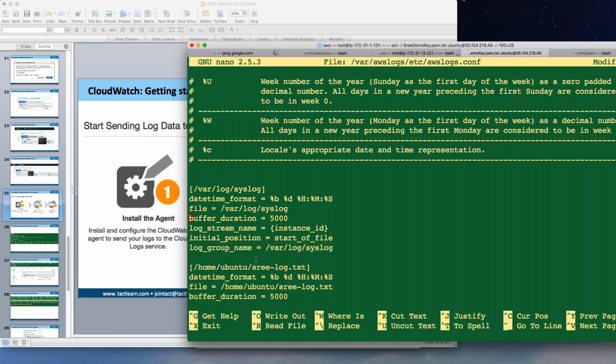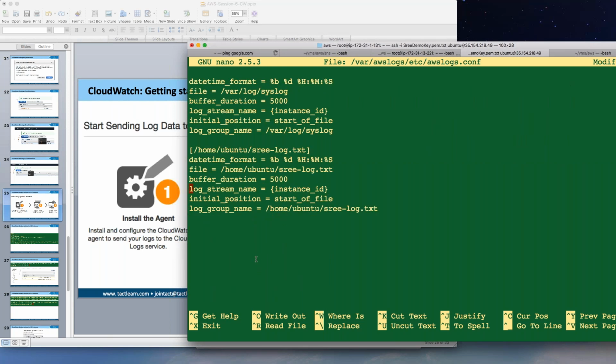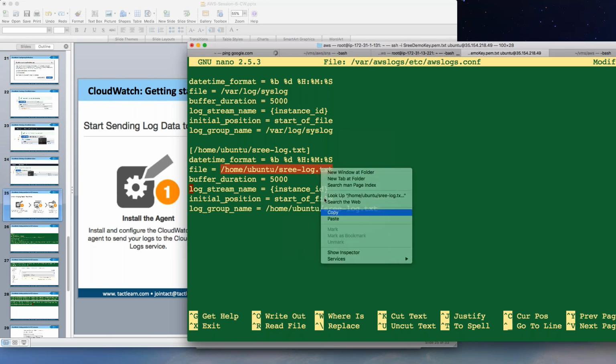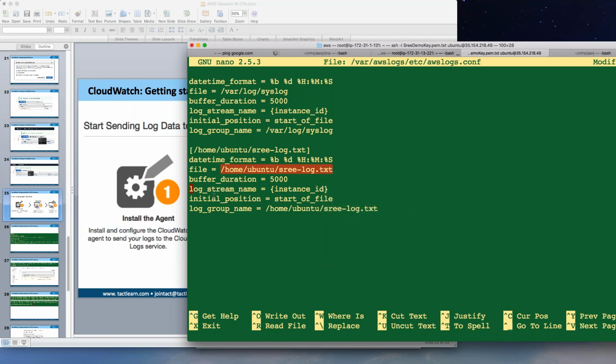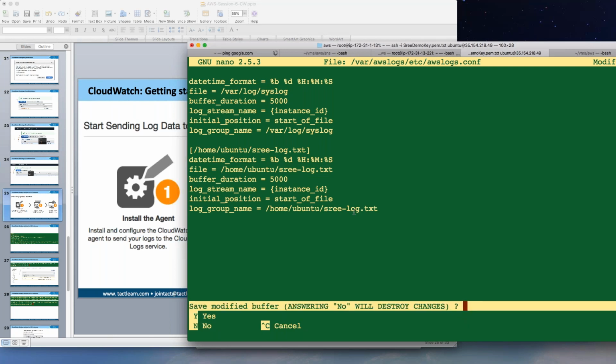Then my additional log, it created another section here, and date format, file path. Let me copy this file path. Duration, start of file, log group name is this. Now I exit my editor,